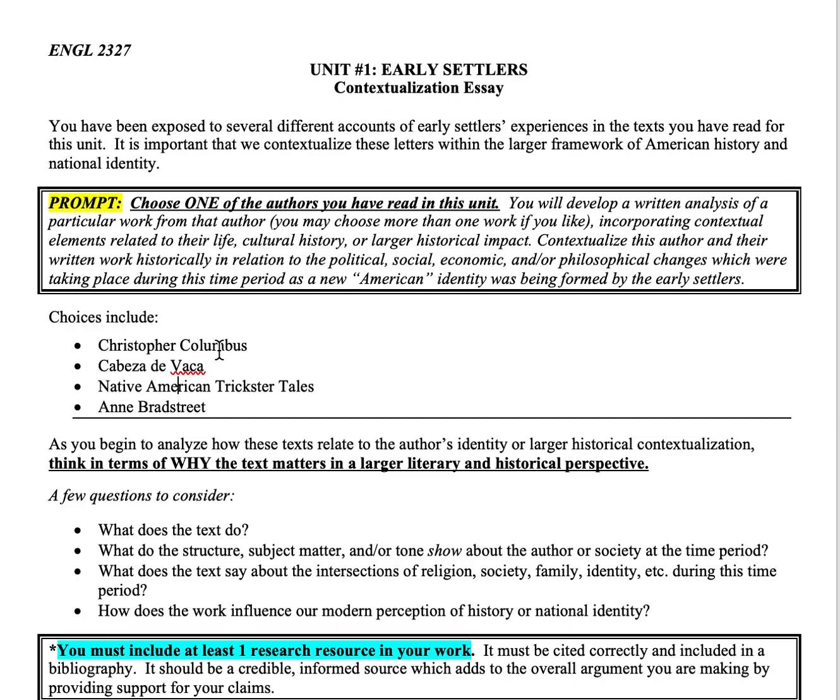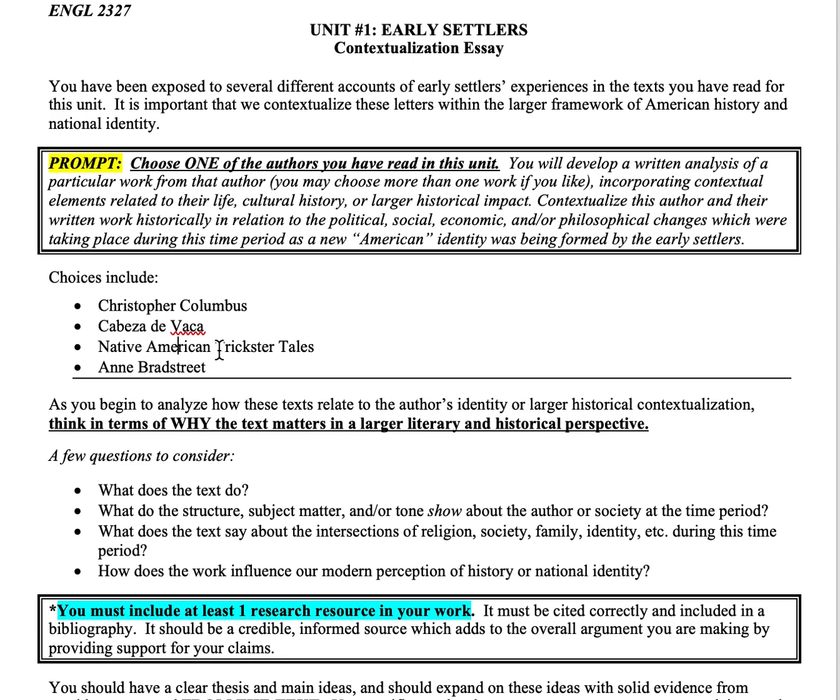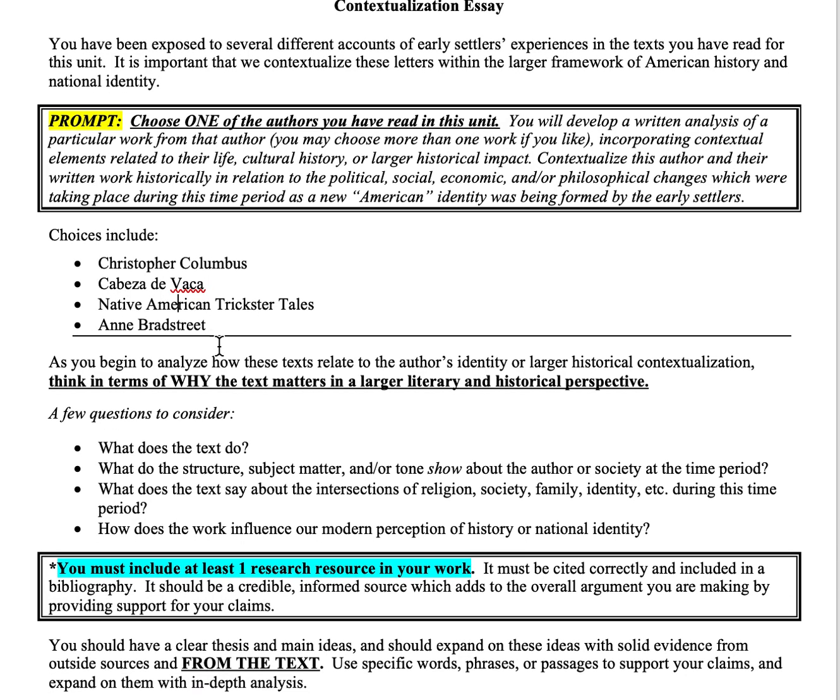I don't want this to become just a biography essay about Columbus's biography or history. Keep the focus on analyzing the text. Look at those elements that are related to textual analysis and literary analysis, because again, this is a literary analysis course. You want to make sure that the primary focus is on the text and the secondary focus is on bringing in those elements that we talk about, the history and the biographies.